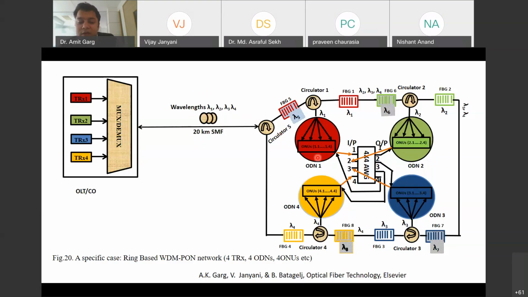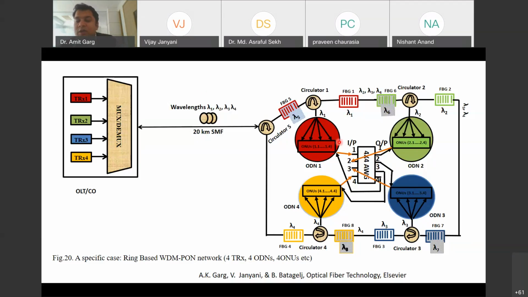Okay, then we have considered 4 optical distribution networks and each distribution has 4 ONUs. Okay, so it is just a specific case, or we can say the total number of 16 users can be supported in this architecture by using 4 wavelengths. So if we are using the pure WDM PON, then basically we need to transmit the 16 wavelengths from the central office for supporting the 16 users.